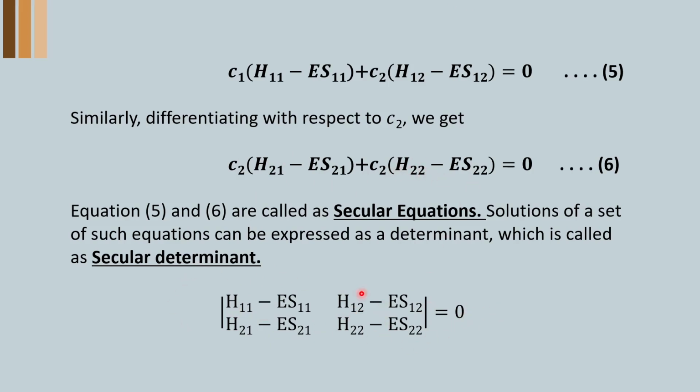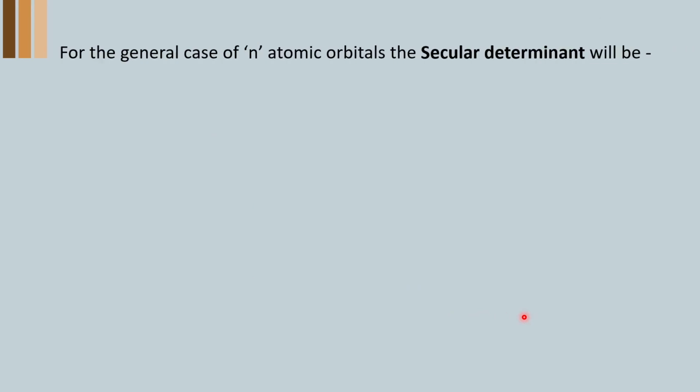Now this determinant that we have obtained is known as the secular determinant, and this can be solved for the value of energy. That is the beauty of the entire expression that we did so far. This was for a system where the electrons were moving around under the influence of 2 nuclei. But if this is the case for n number of electrons revolving around the influence of n number of nuclei, then the expression can be further changed, or we can have a very generalized form of the secular determinant